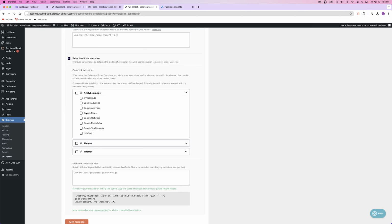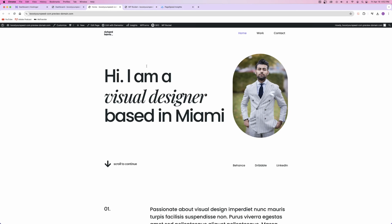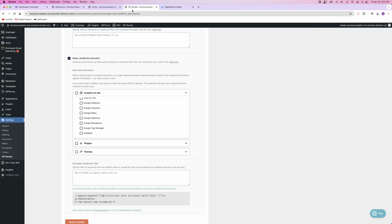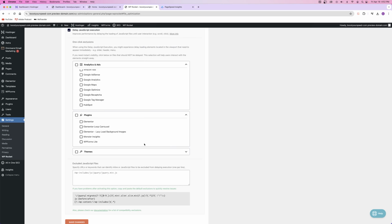So for example, if I'm running Google Maps on my website and whenever I check that box, I notice that Google Maps isn't working anymore, I can come back in here and exclude Google Maps from my delayed JavaScript execution. And then your Google Maps should work correctly, if that makes any sense. So instead of just completely turning this off, you can still have the delay and then just exclude whatever's breaking. And so you've got analytics and ads,